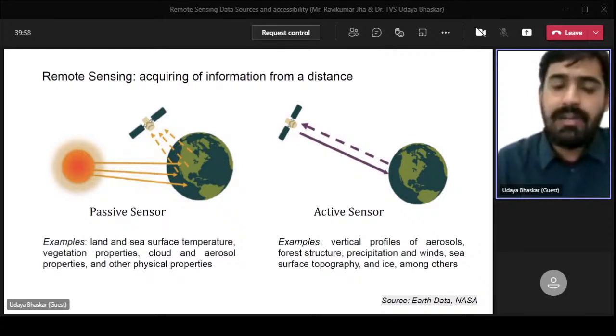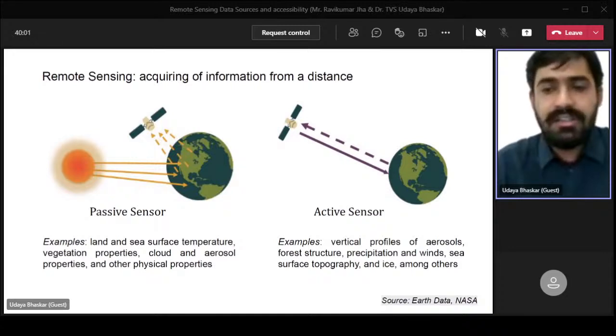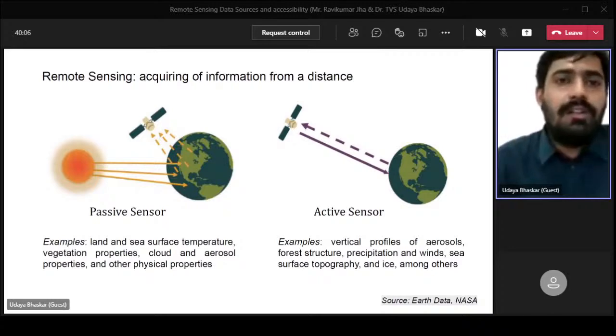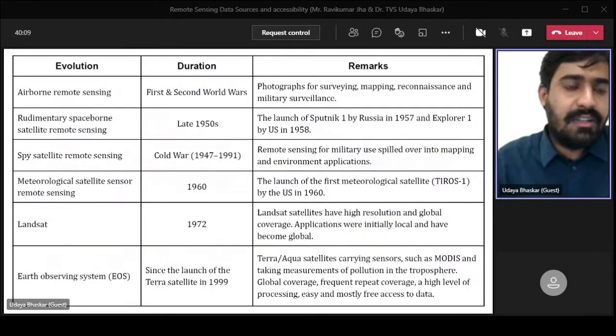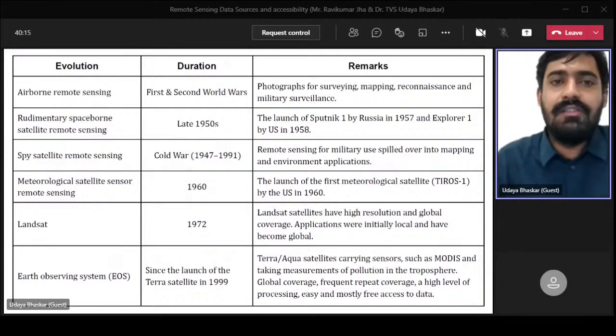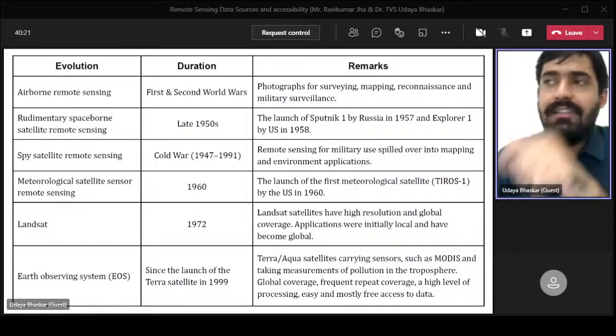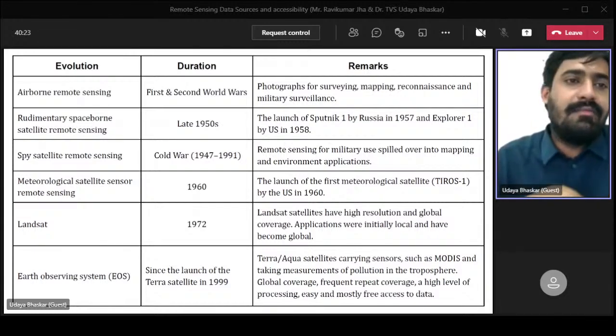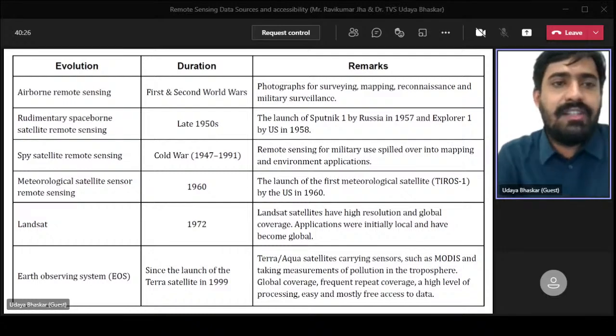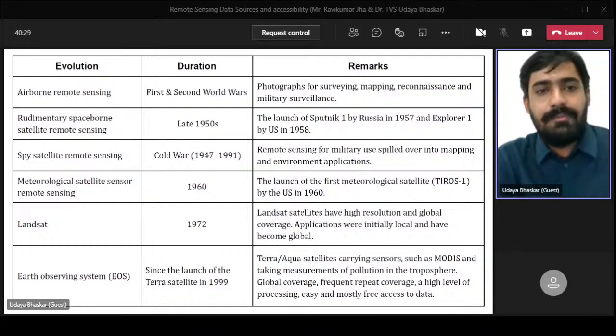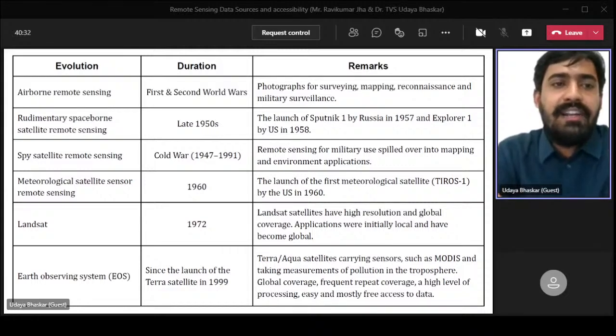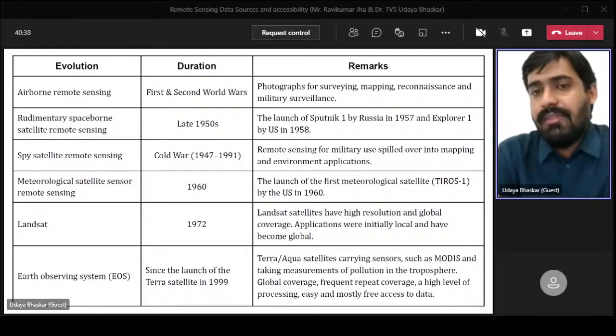So this is the normal remote sensing, how the sensors are divided into two broad categories. This is some of the journey of remote sensing satellites and sensors. It actually started during the first war, to survey and do mapping for military surveillance, and from there the evolution of remote sensing information started. Then, moving forward directly to the 1950s, the first space-borne satellite was launched by Sputnik, Russia,